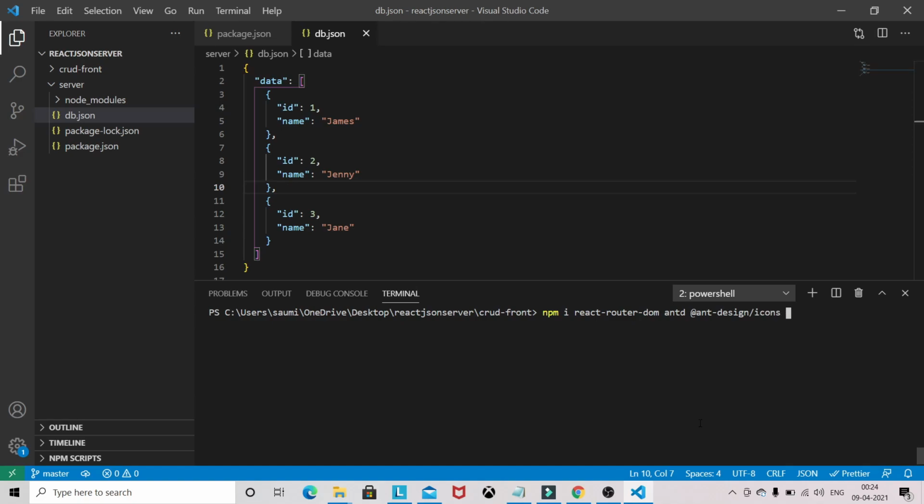I need Axios to interact with our JSON server API. Then we need React Toastify to implement the toast notifications. And I think that's it.